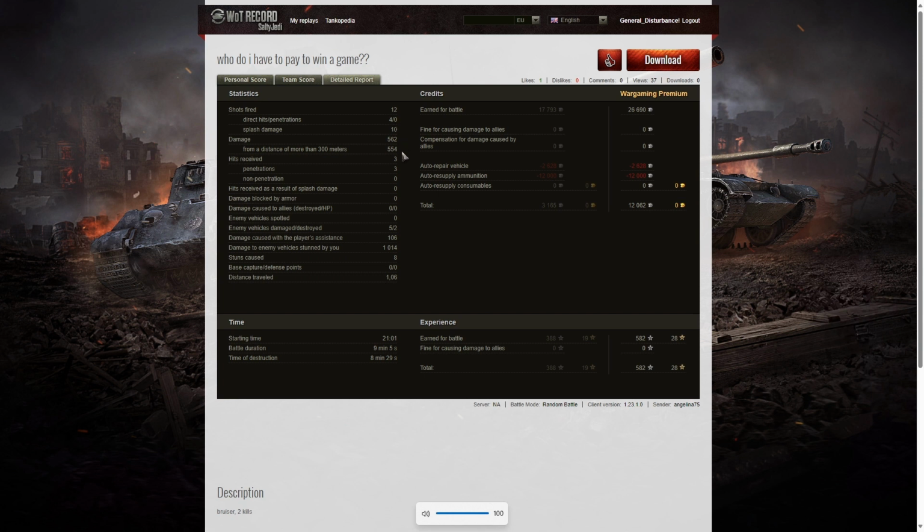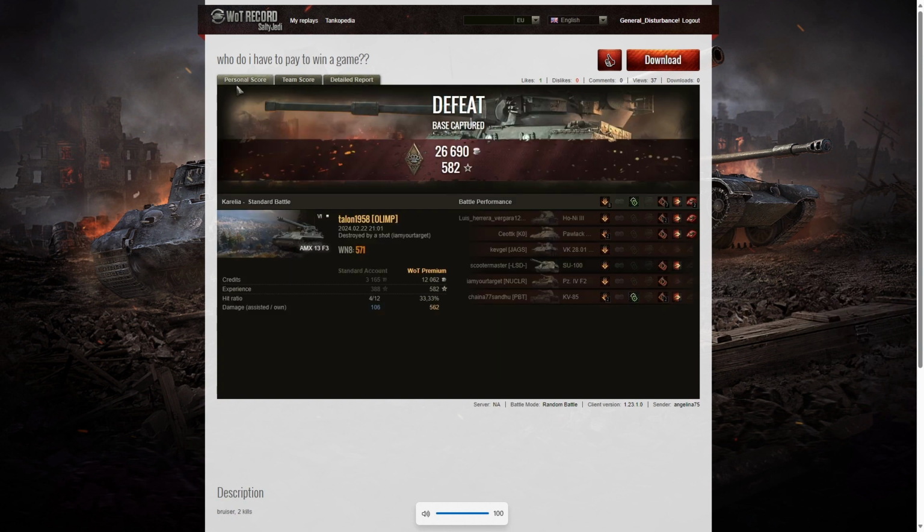Damage of 562, of which 554 were at more than 300 meters. 3 hits received, 3 penetrations, I'm afraid. 2 of those directly the moment he went round the corner, and there was the Panzer IV. And 5 enemy vehicles damaged, 2 killed, 106 hit points of damage assist, and 1,014 hit points of stun assist of 8 stuns. Now, he did actually make a profit, funnily enough, on this game. 12,062 credits profit. And he also picked up 582 XP,